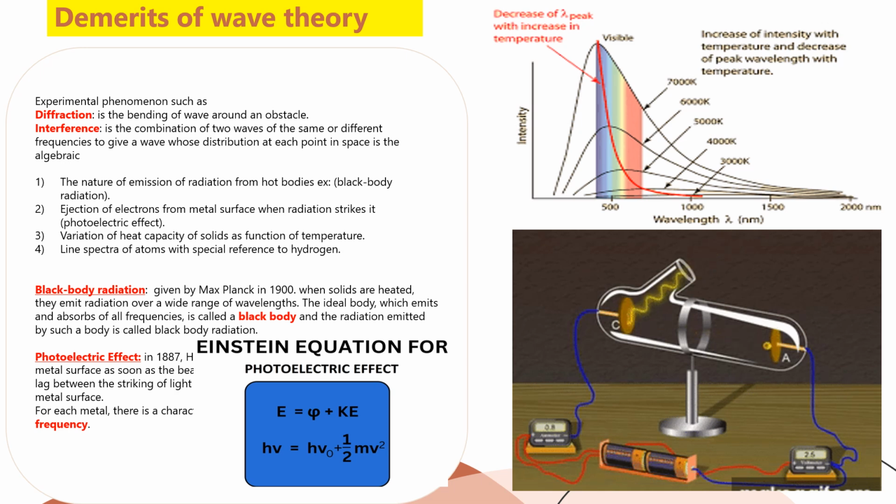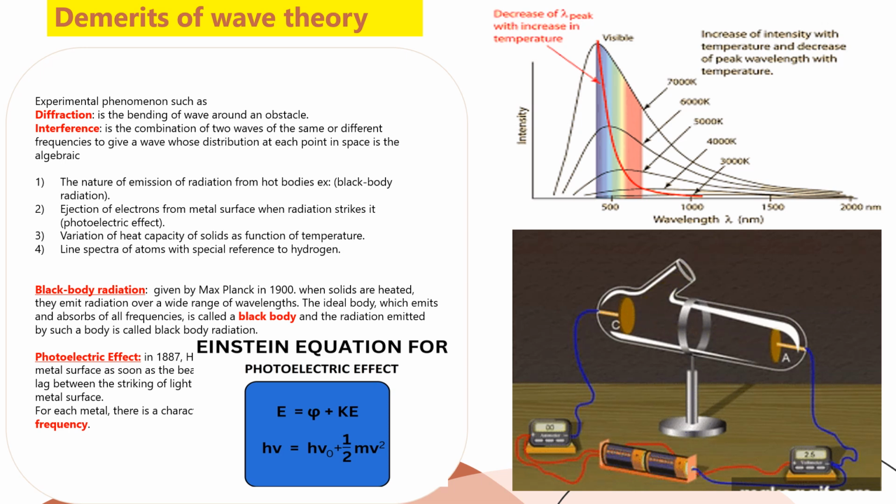The kinetic energy of these electrons increases with the increase of frequency of the light used. The kinetic energy of the ejected electron is given by the equation h nu is equal to h nu naught plus half m_e v squared. Here m_e is the mass of the electron and v is the velocity associated with the ejected electron. A more intense beam of light consists of a larger number of photons. Albert Einstein received the Nobel Prize in Physics in 1921 for his explanation of the